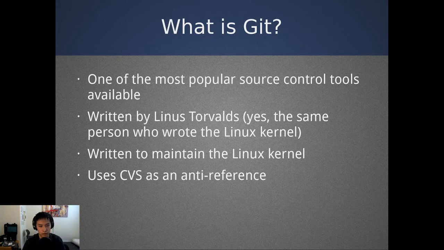And the way that Linus Torvalds wrote Git, I say Linus Torvalds, but there was also a team working with him, used CVS, which is concurrent versioning system, as the anti-reference of what not to do. They even said that if there was uncertainty about how to do something, take what CVS did and do the exact opposite, and then you'll have the correct answer. Because I haven't used CVS, like I said, but apparently it was awful enough to use as an anti-reference. Anyway,